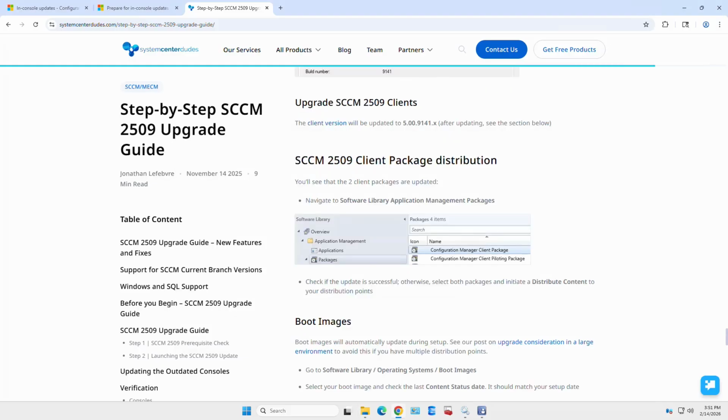So then they remind you that you've got to go through the client upgrade, but we're going to use the client push method where we put a few computers in a test collection and we will deploy the newer version of the client by finding that client package and actually right mouse clicking on that package and deploying to that test collection first and making sure everything works before we upgrade the entire production